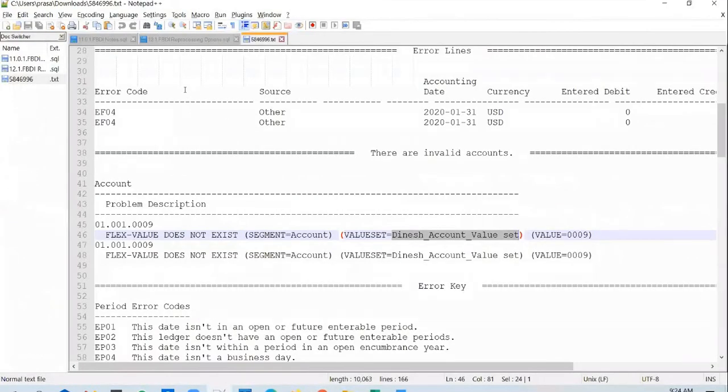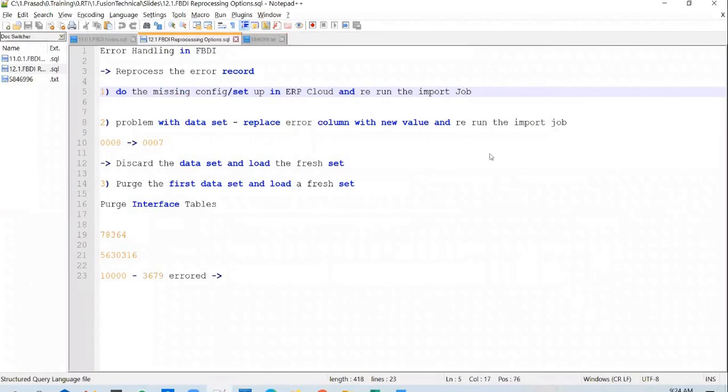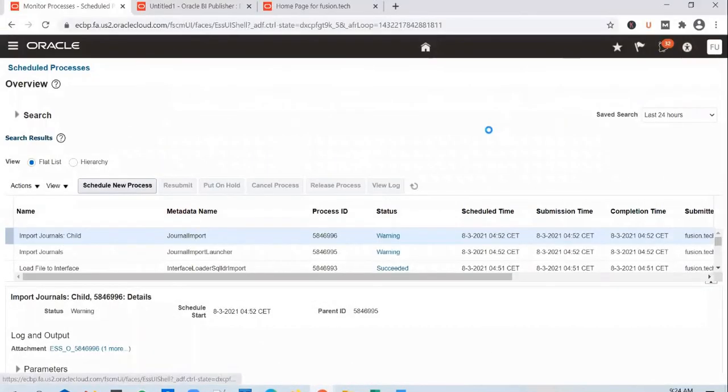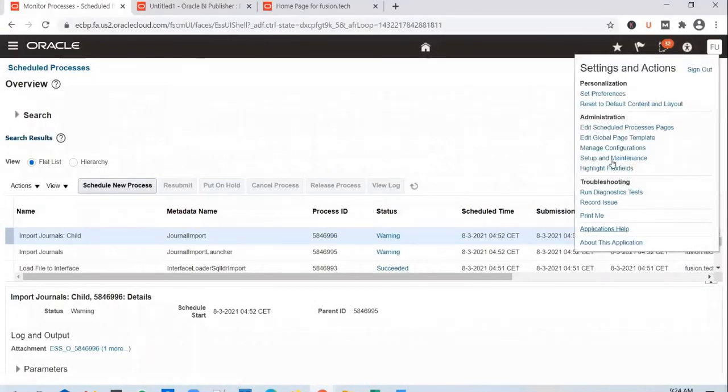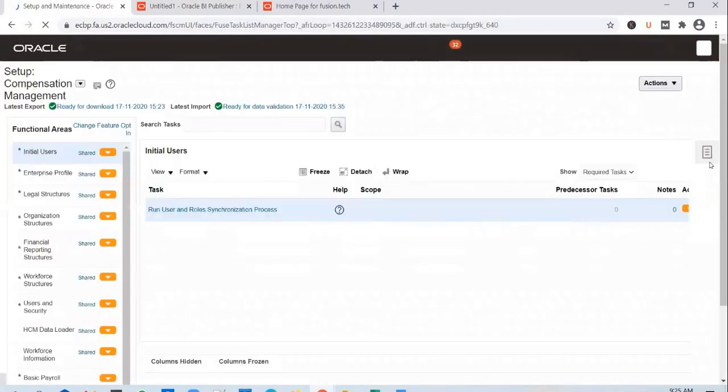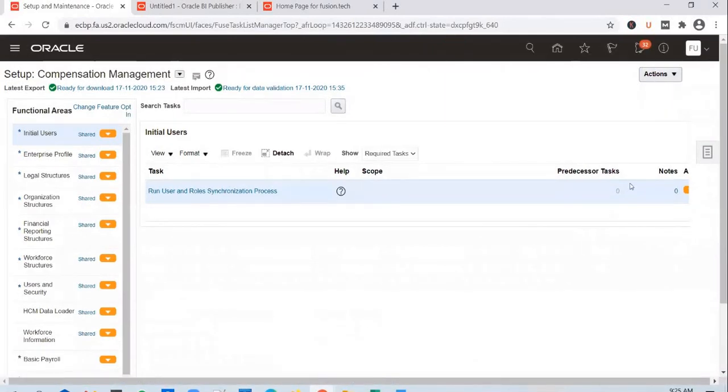So the first way of resolving errors is not changing anything in the data. Okay, so you ran into that issue because of missing configuration or setup. So you get the setup done, or you get the configuration in place, and you just have to rerun the request. So go to setup and maintenance, manage value sets.